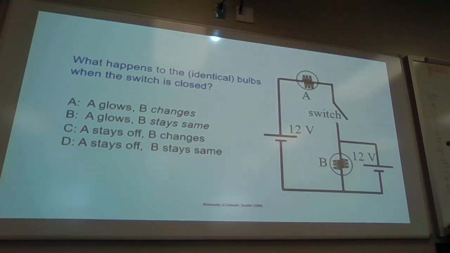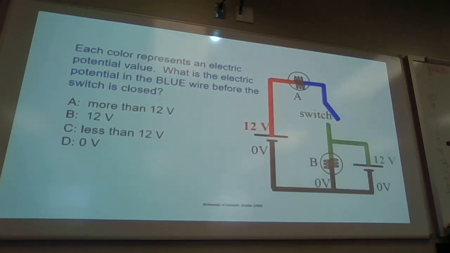And they're identical bulbs, so we can actually use this in terms of current. Okay, so everybody have their initial guesses. Okay, I'm just going to show it. We'll get there eventually. Okay, so this is...